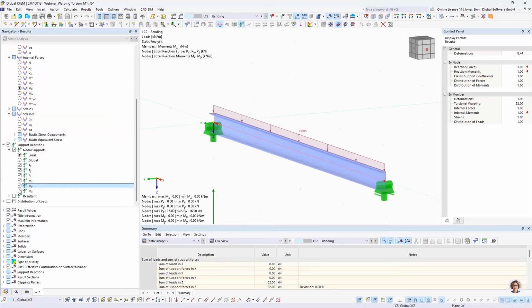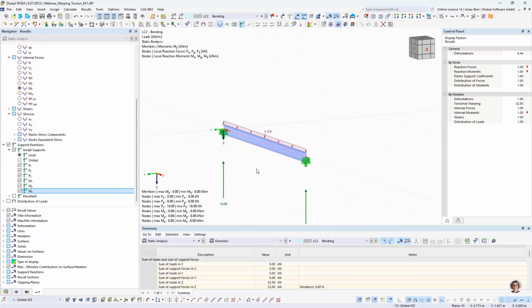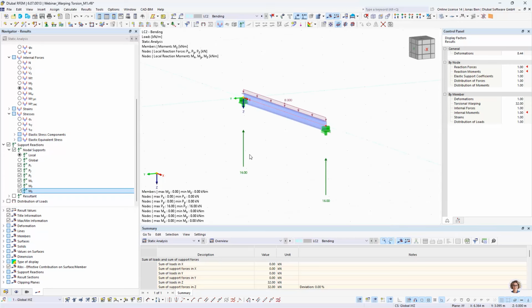In the normal case, in the 6 degrees of freedom analysis, we actually have the support in the transversal beam direction also set into the shear center. So that's why in the case with 6 degrees of freedom, we don't get any torsional moment and we don't